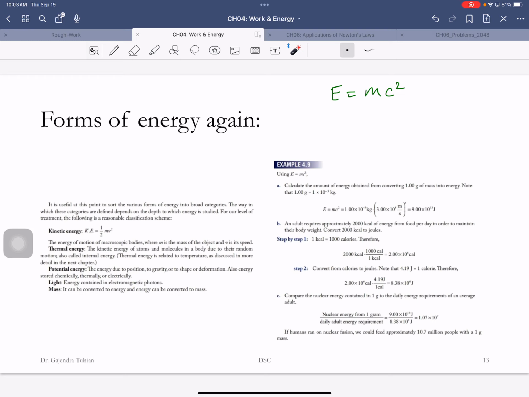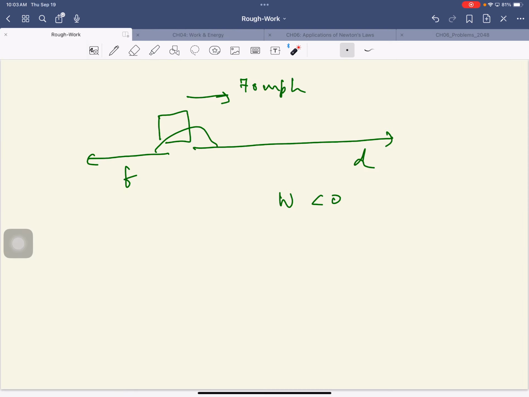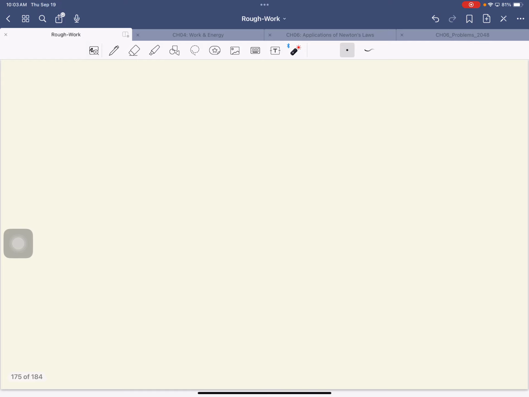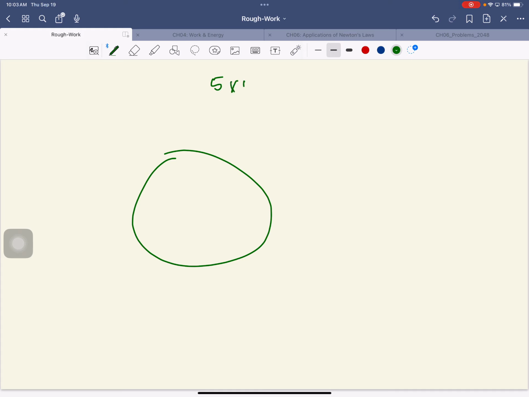Okay? So to give you another idea, do you guys know how old our sun is? How long has the sun been around? Anybody? Okay, it's been around for 5 billion years. And it's got another 5 billion years left, so it's gone through half its life. So the sun at the center is doing fusion reactions, converting some of its mass into energy, and that's how we get energy.